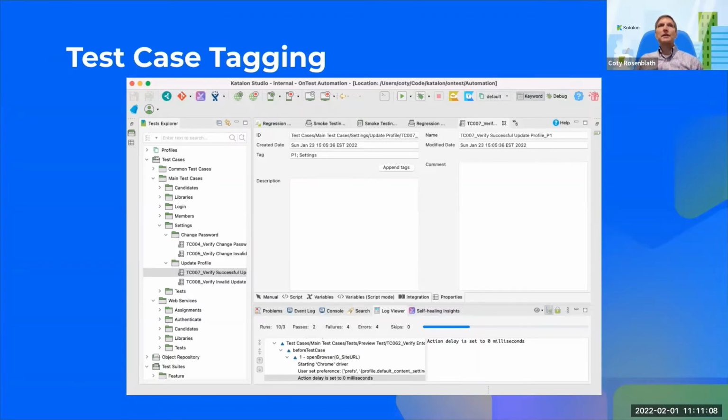So here you see a feature that we introduced into the Katalon platform called tagging. Not uncommon in a lot of platforms, and it allows you to assign arbitrary tags to your test cases. So here I've said this is a P1, priority 1 test case. It tests the settings module, but it's also in the update profile grouping of test cases. And I can have within each of my hierarchical groupings, P1, P2, P3 tests